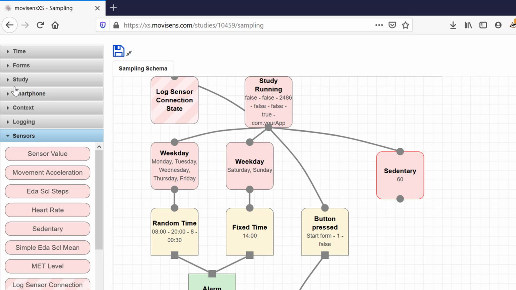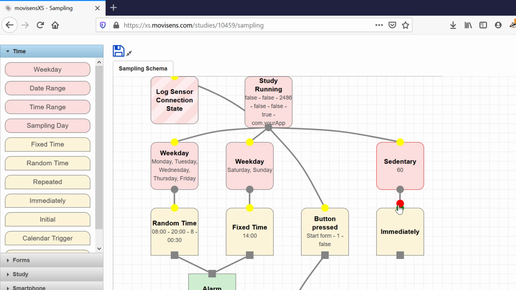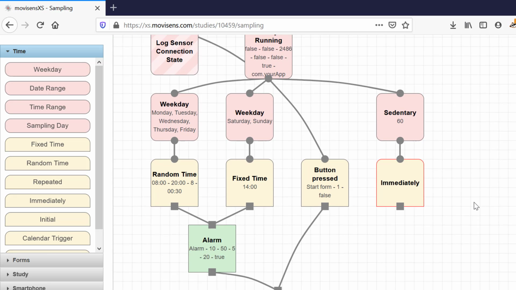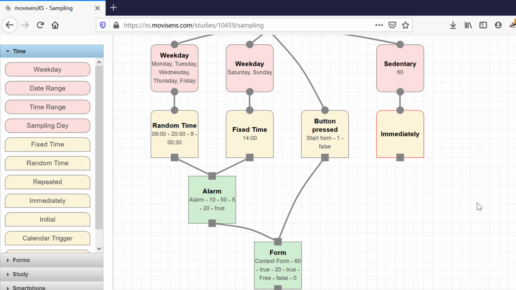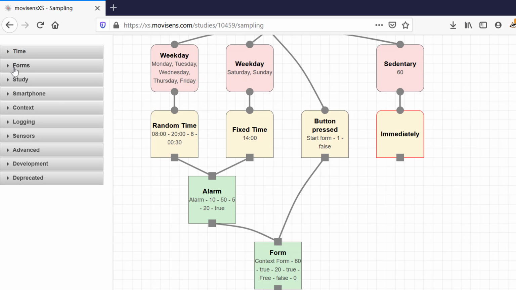And then we want it immediately after that 60 minutes has elapsed. So there will be times when you might want to do a delay. If you're detecting that they're moving and they're actually in the midst of, say, some sort of exercise, you may not want to disturb that. You may want to set a delay for something to happen afterwards so that they have time to complete whatever task you're hoping that they'll complete.